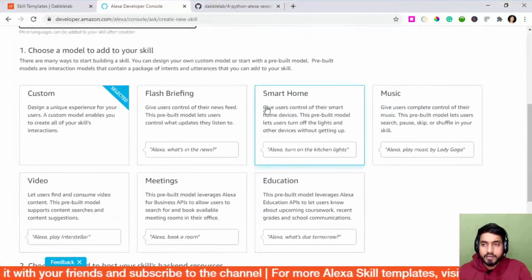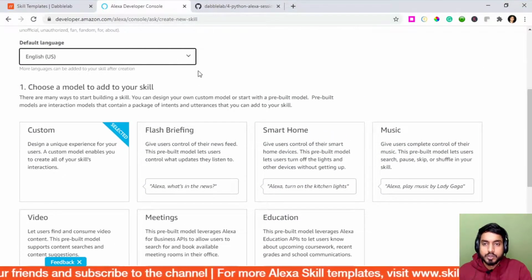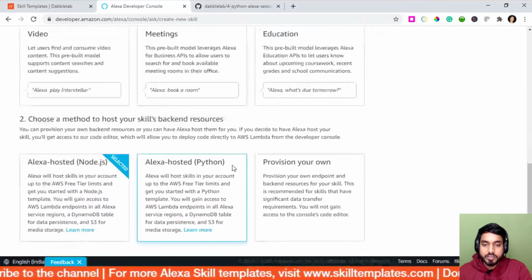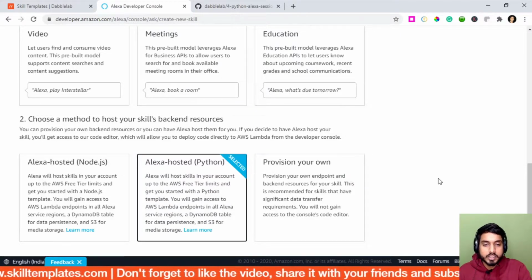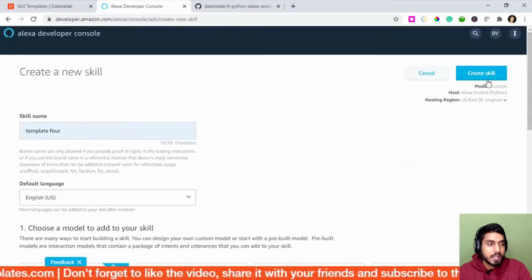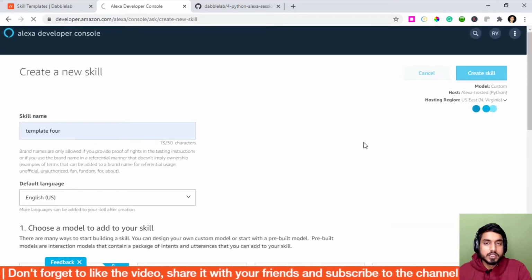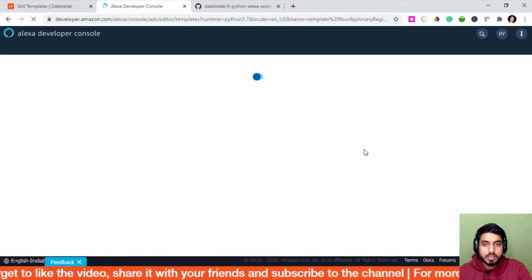You can choose the language as per your requirement, and it doesn't really make much of a difference, but make sure that for any language you choose, you make changes to the interaction model accordingly. For the backend, we will be selecting Alexa hosted in Python, and once we've made the selection, let's click on Create Skill.